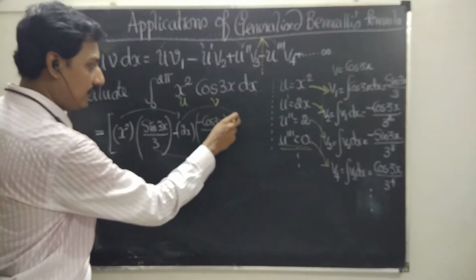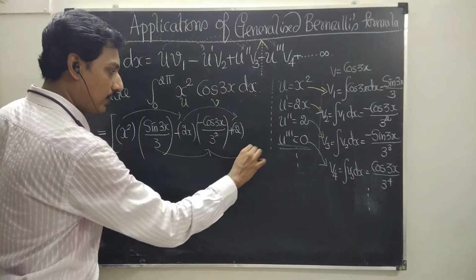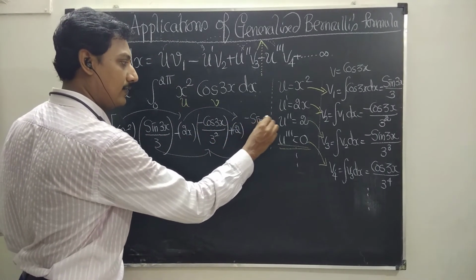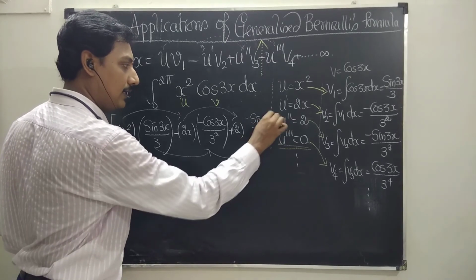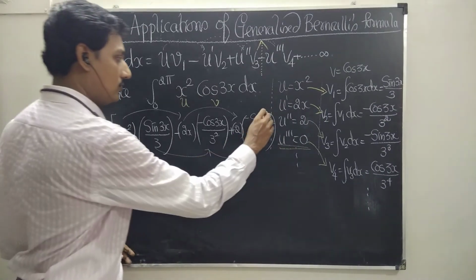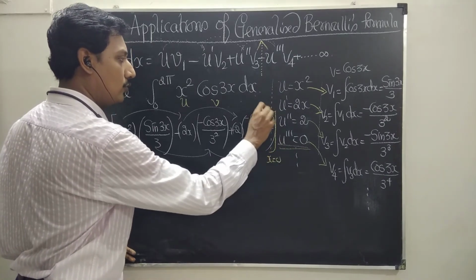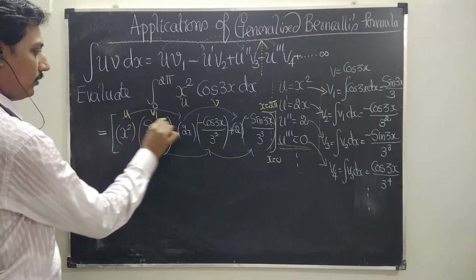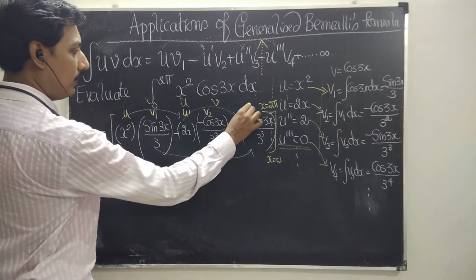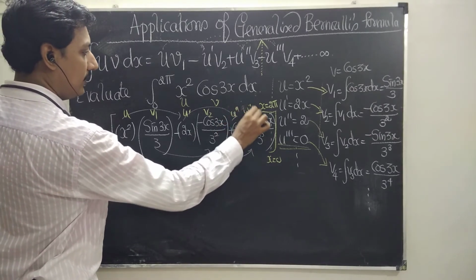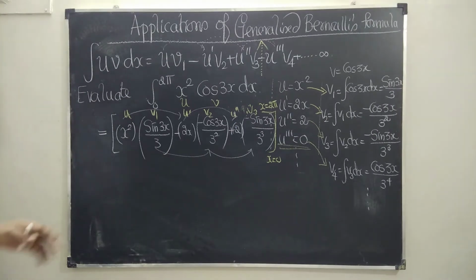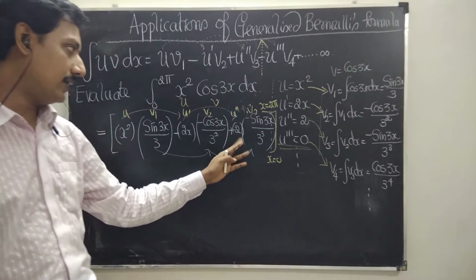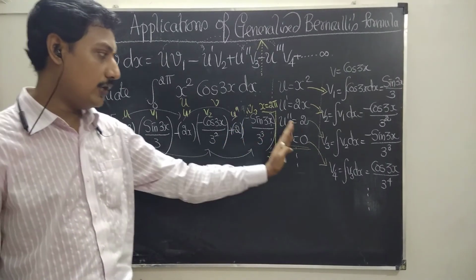Again differentiate 2x, we get 2. Again integrate this one, I am getting cos, whose integration is plus sine only, so minus sin 3x by 3 power 3, with the limit x equal to 0 to x equal to 2 pi. Got it? Once I repeat this, this is my u, this is my v1, this is my u dash, this is my v2, this is my u double dash, this is my v3. So this is the right hand side of the generalized Bernoulli formula. I am not going to proceed further because 2 is a constant term. Once we differentiate the constant, we get 0. 0 into v4 is 0.